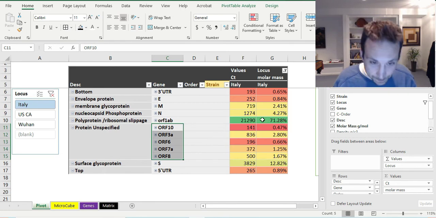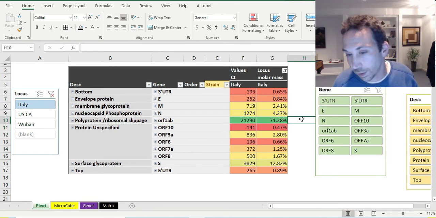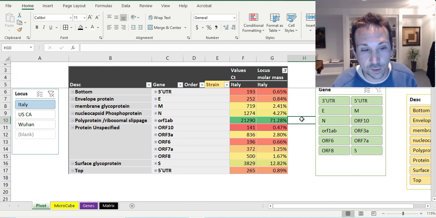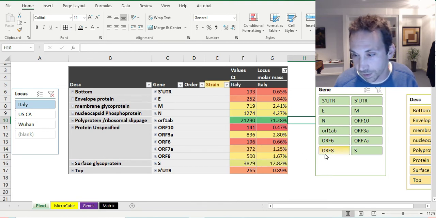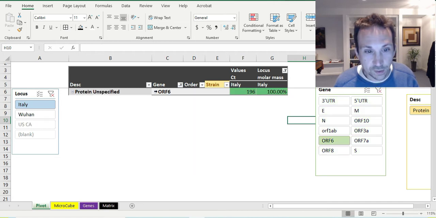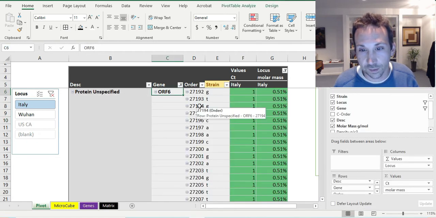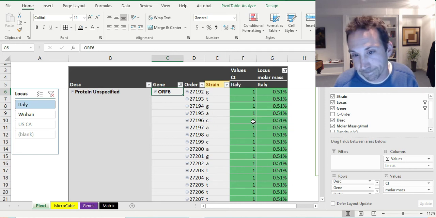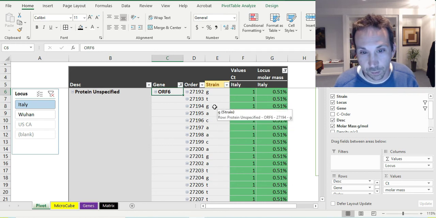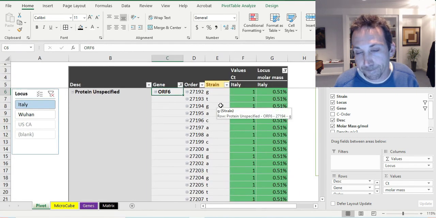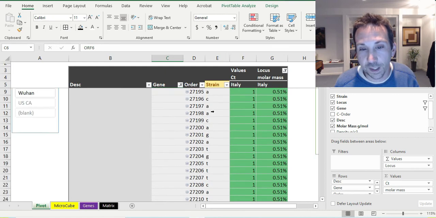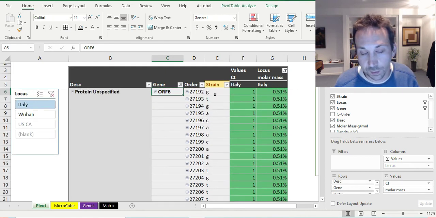learn about, right? Well, what's cool is as this really starts to grow and I understand what these things are, let's just dig around on something small. ORF6 is a super small unspecified protein. So let's open up ORF6 and just see if anything looks cool. And the answer is, in the order I have it, it's probably not going to look very cool because I changed my colors around. But it's going to give you base pairs,